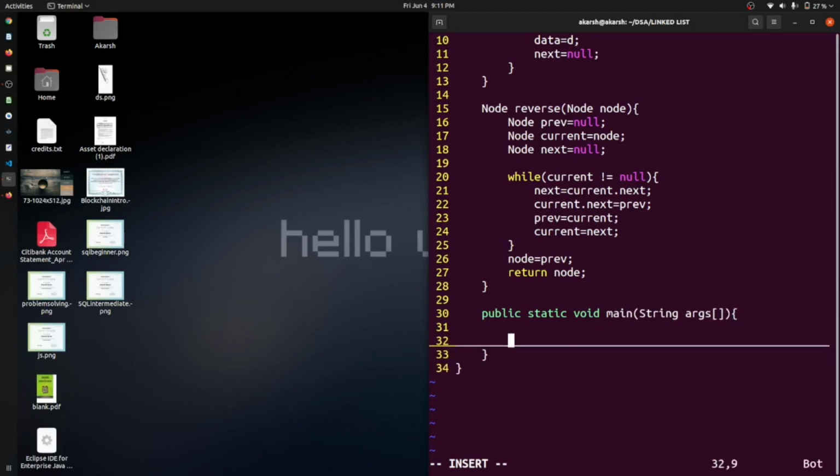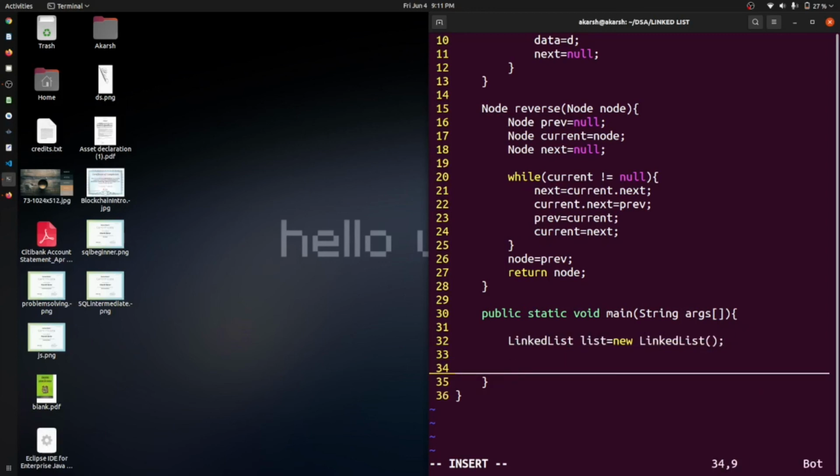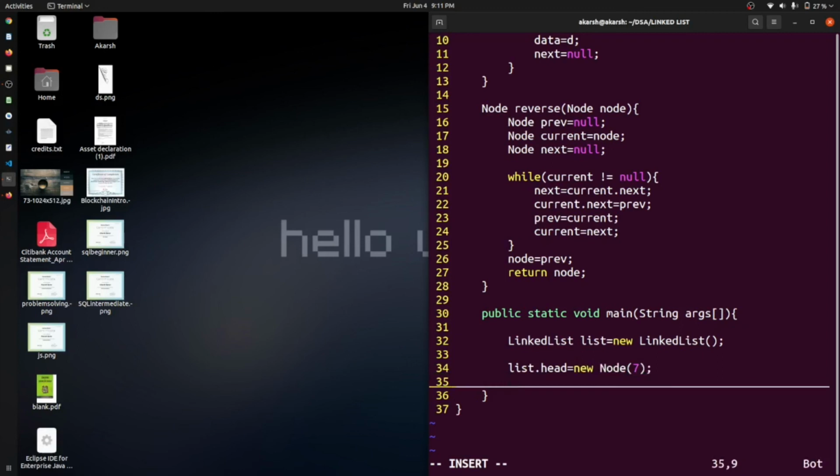And we will create a linked list, and it will have a list that will be new linked list. Now we will say that list dot head is equal to new node, and we will give it a value of 7. And list dot head dot next is equal to new node, it will be 8.